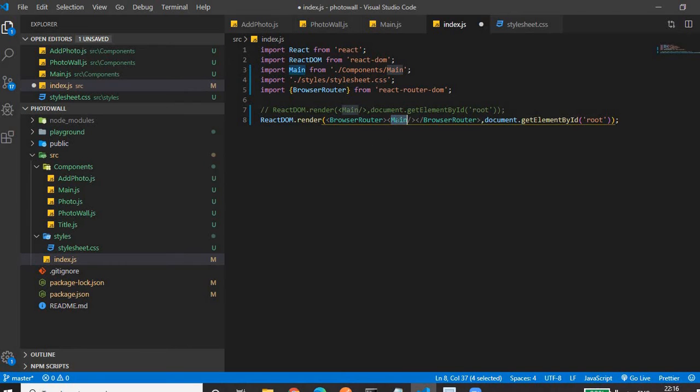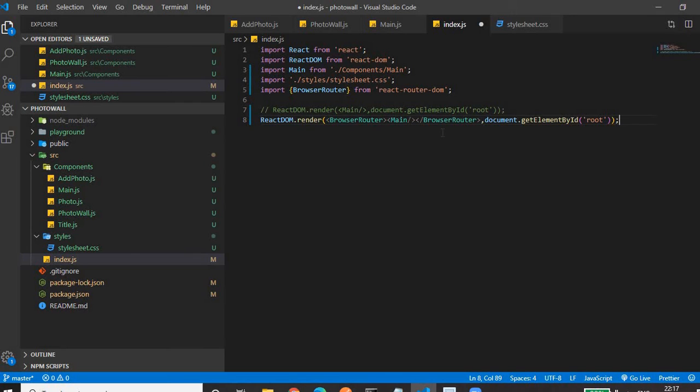So we have to put the main component within the BrowserRouter start and end tag. Be careful, there should not be any space between BrowserRouter and Main tag, otherwise your application will crash. This is the first step in routing: import BrowserRouter and place the main component within the BrowserRouter tag.